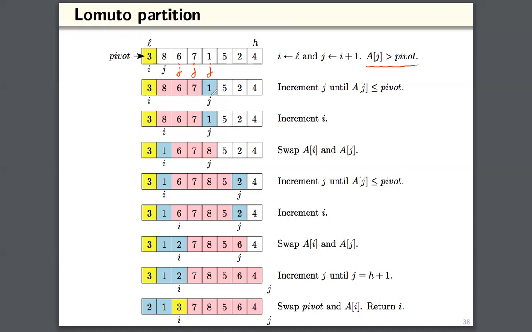So when A of j is less than or equal to pivot, you stop. You increment i at this point. i points to 8. Now look at what's happening. i is pointing to a value greater than 3. j is pointing to a value less than 3. This is the right time to swap. Swap A of i and A of j. What happens? 1 goes here,